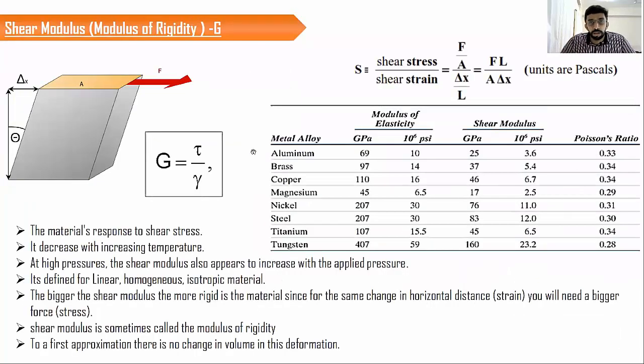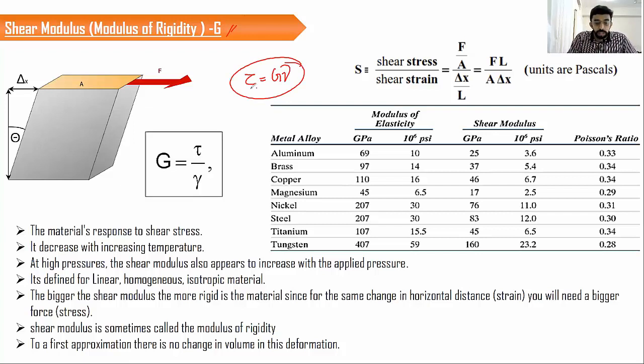Now when we go to the shear modulus, this is another important thing which requires some explanation. If you take a material and apply a load to change its shape, and the material changes its shape, then we have to discuss shear and the shear modulus. It is usually represented by the letter G, and shear stress is equal to G into shear strain. This is the conventional way of representing the shear modulus.